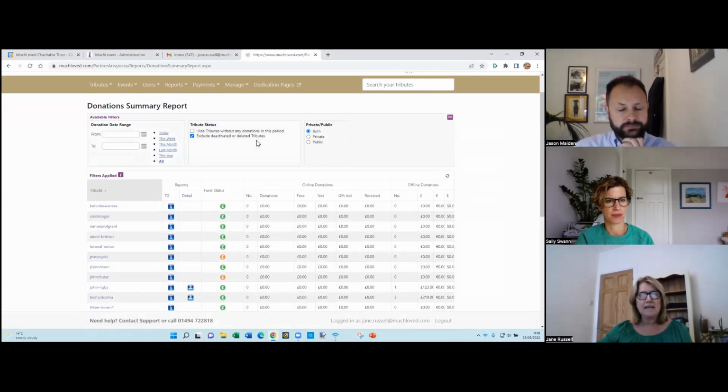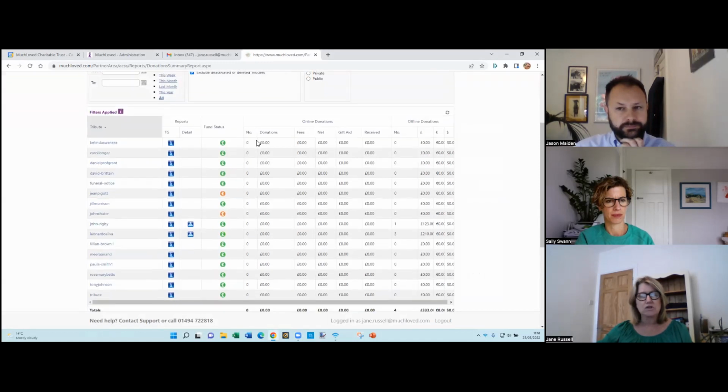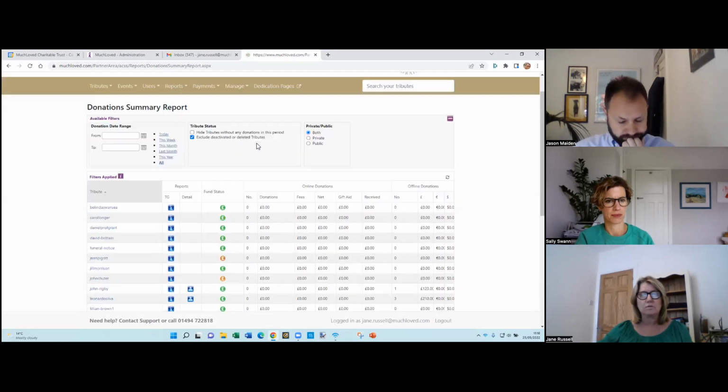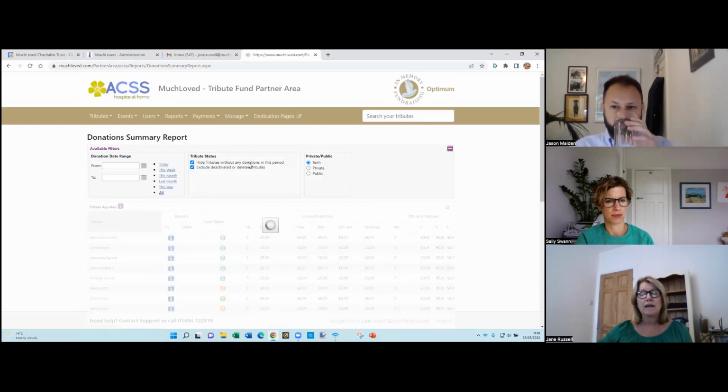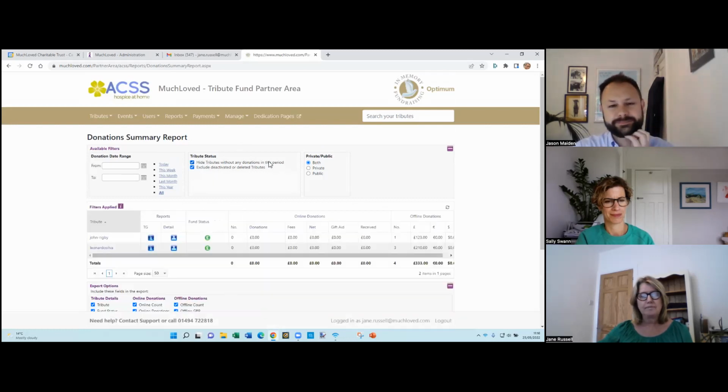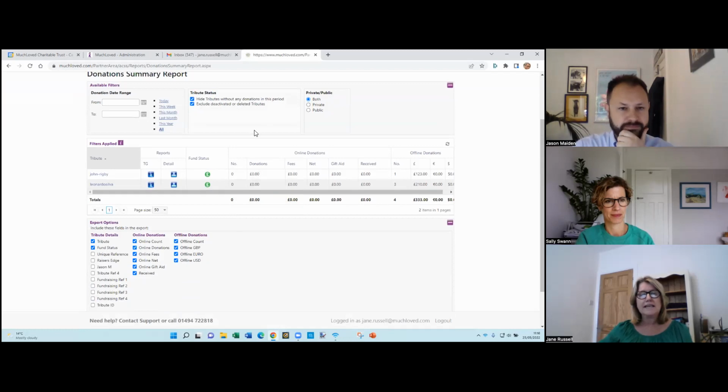Now you can see here, as this is our demonstration account, there's not a lot of donations. So what I'm going to do is I'm going to hide tributes without any donations in this period, which makes it easier to view it for you. As my computer thinks about what it wants to do. There we go. So you can see here now the tributes that have been fundraising for your